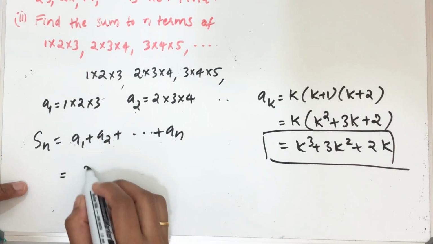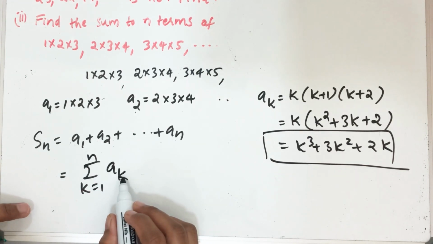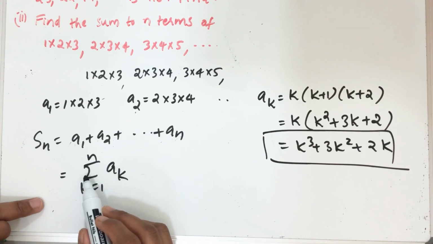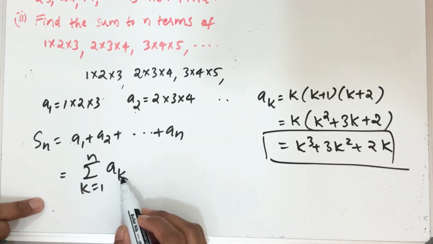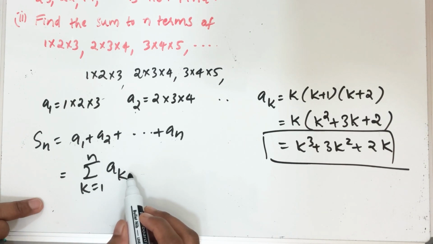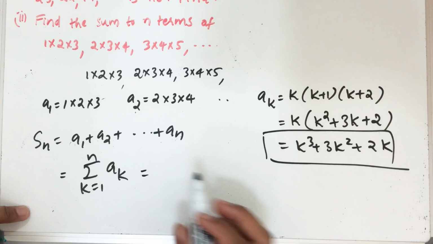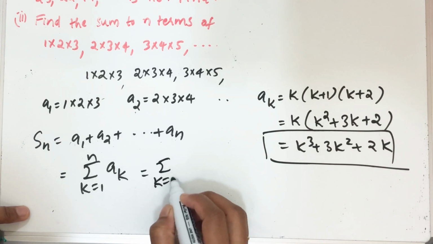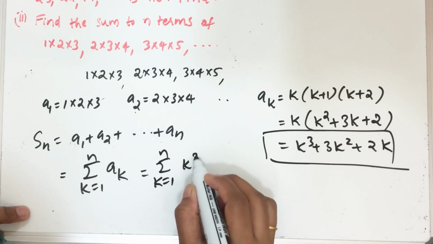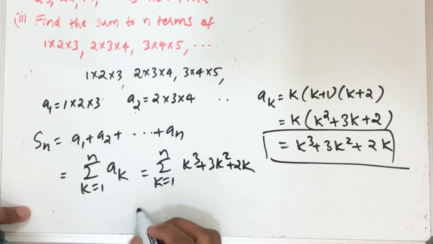Instead of this, we can write the series k from 1 to n of a_k. That is, when k equal to 1, a1. Sigma stands for plus. When k equal to 2, a2. Like that, when k equal to n, a_n. That is a1 plus a2 plus etc. plus a_n. Instead of a_k, we can substitute this formula. Then we get the series k from 1 to n of k cube plus 3k square plus 2k, which is equal to,